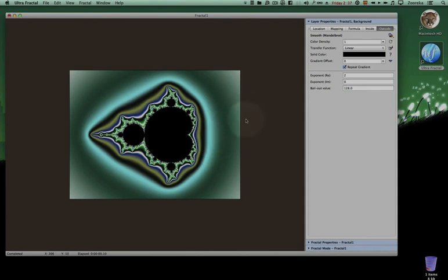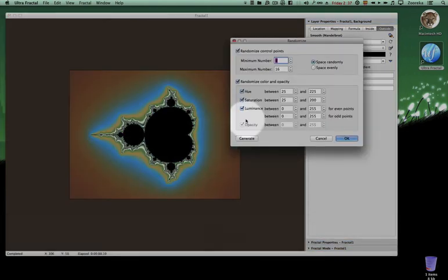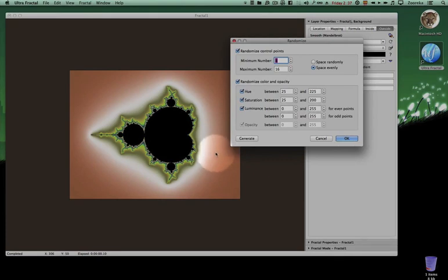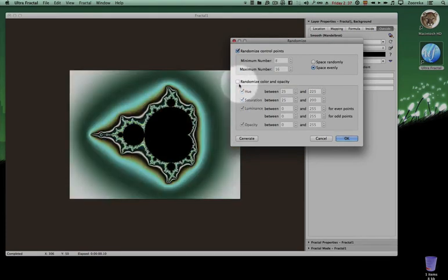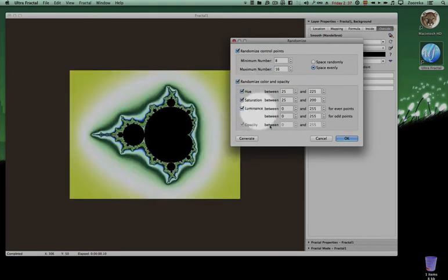Okay, as I said, you can go in. So we'll look at it for a sec. Control F4, options, space, randomly space evenly, if you want an even gradient. Randomize colors and opacity. Okay, the randomize is okay. That'll put the control points I've mentioned, the nodes,